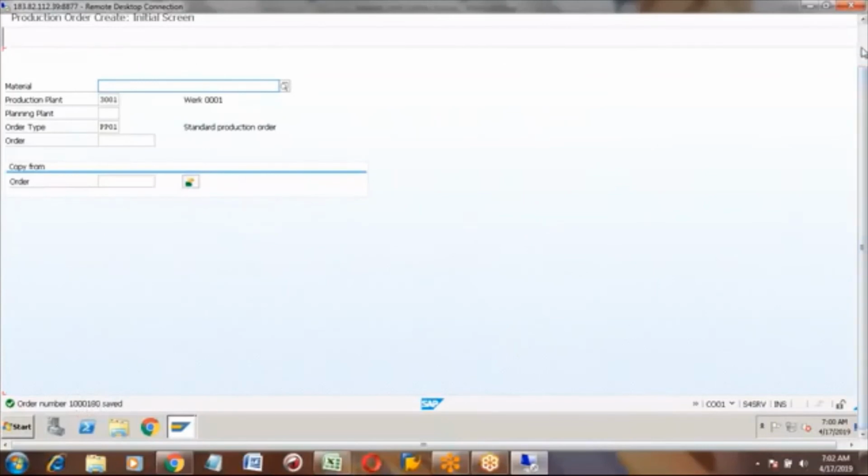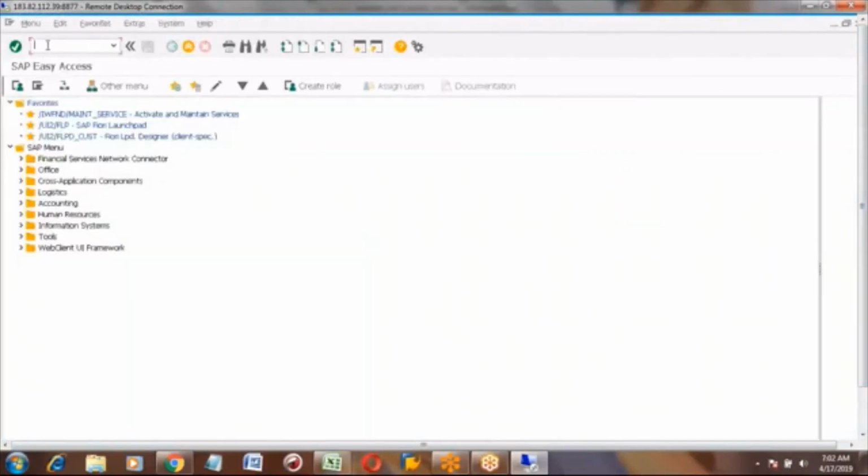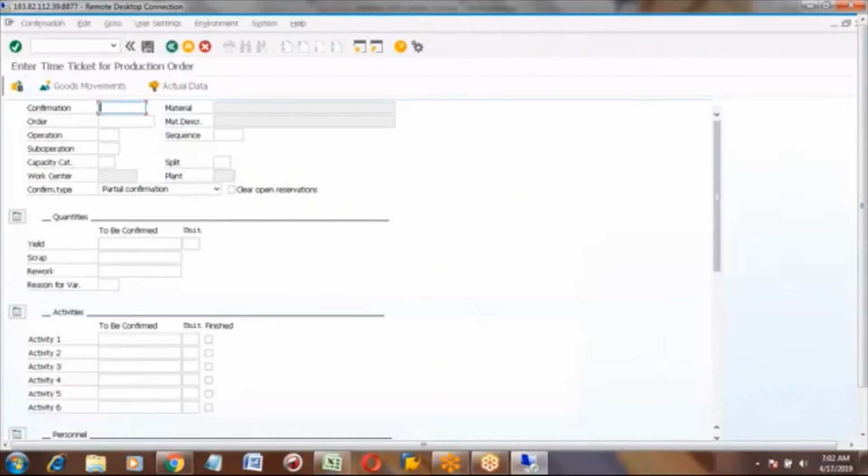Now I will confirm this and show you the difference. Go to CO11, enter 1180 and our operation 0010. Click on actual data. So 10 has come, and here I am clicking goods movements.